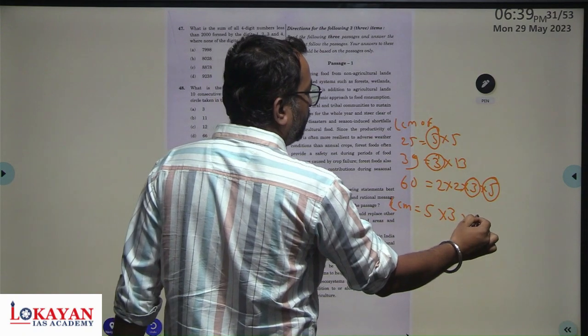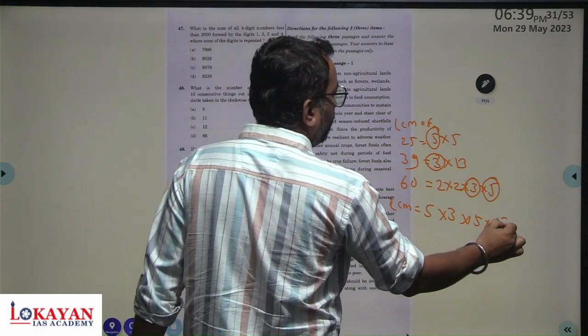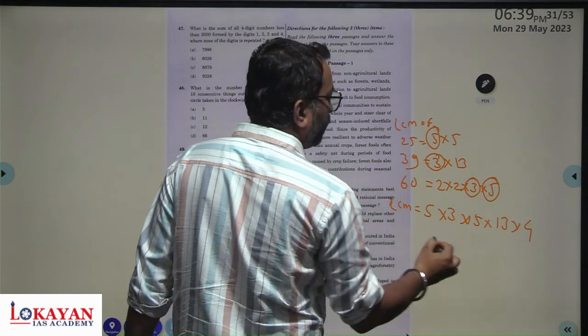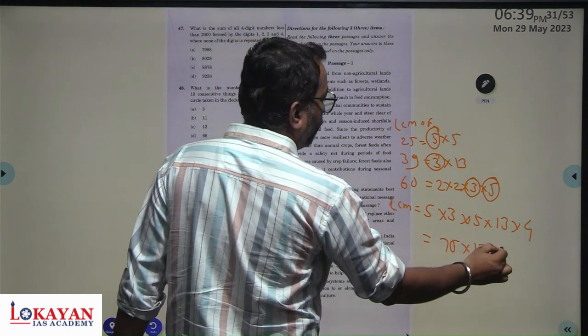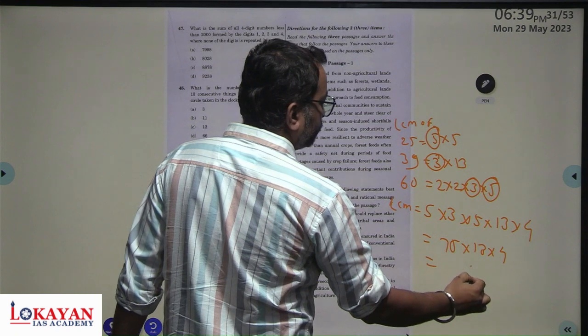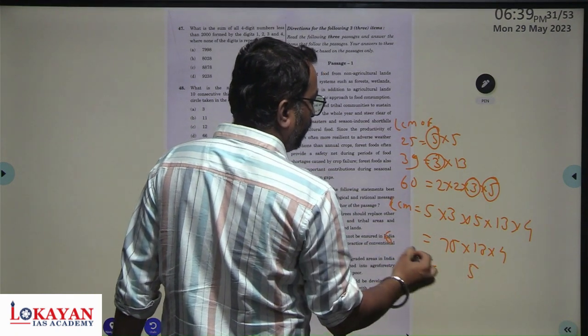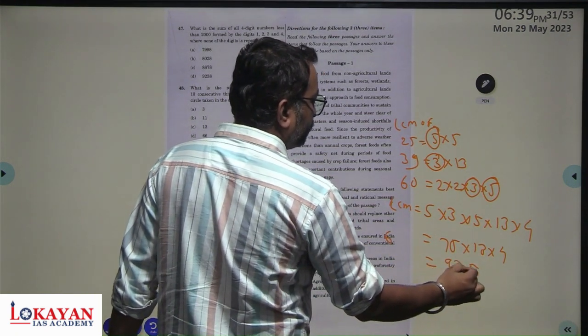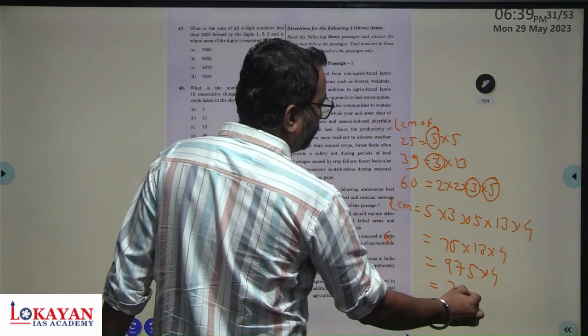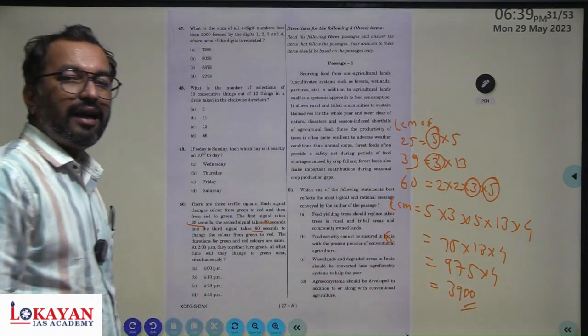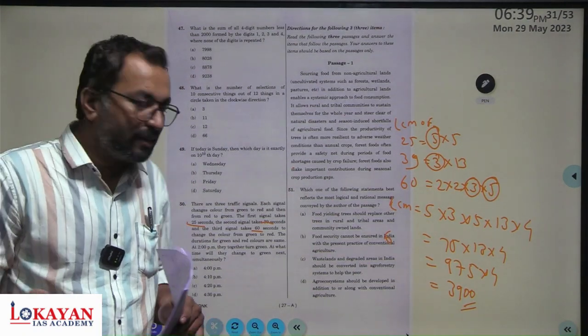Remaining will be as it is, 5 into 5 into 13 into 2 into 2, so 25 into 13 into 12, that is 3900. After 3900 seconds,